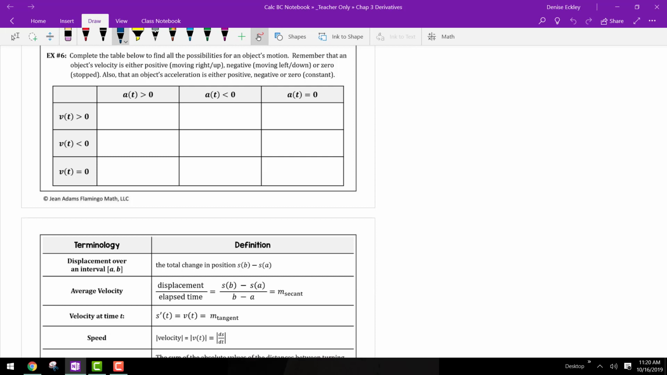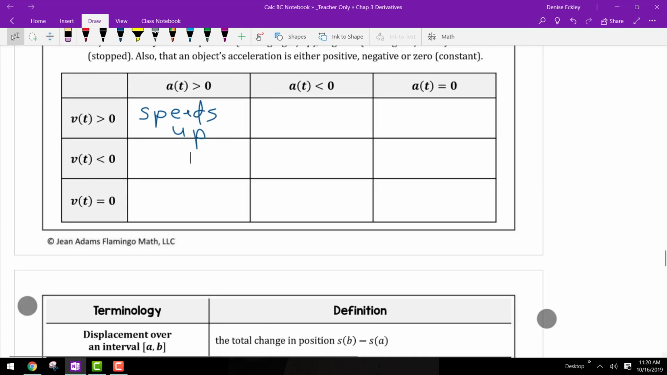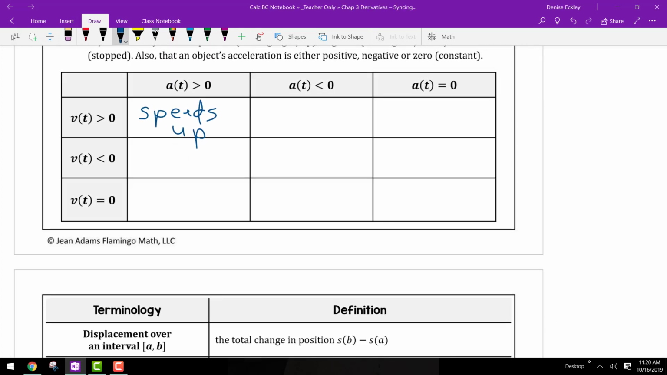we have that the particle is speeding up, make this a little bigger, when the acceleration is greater than zero. When the acceleration is less than zero, the particle is slowing down. And when the acceleration is zero, it's at a constant speed